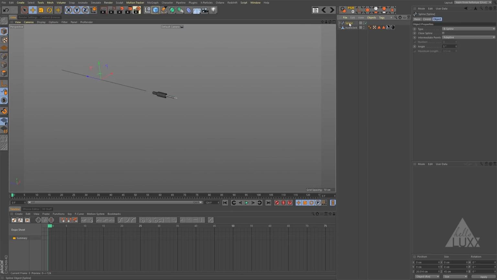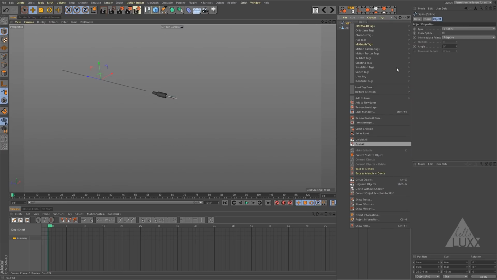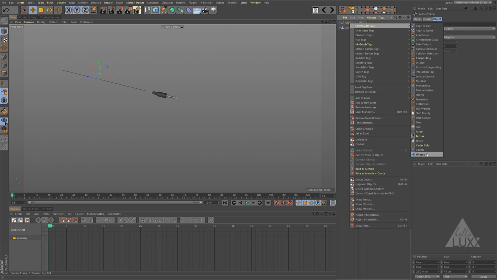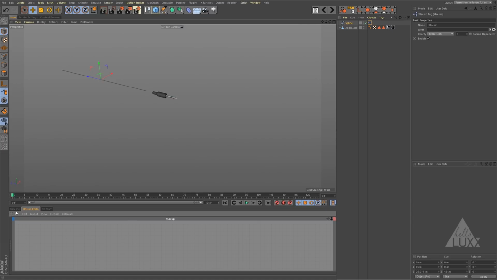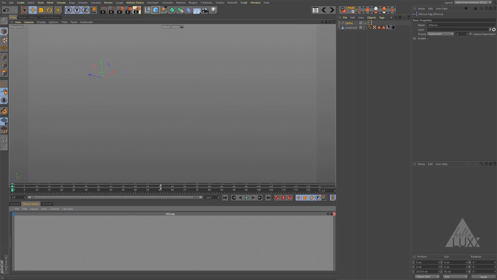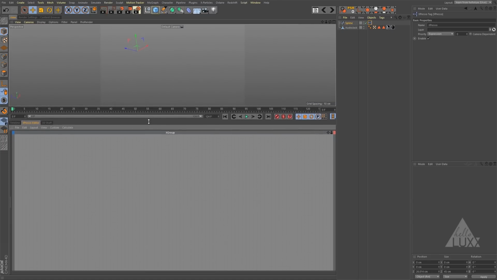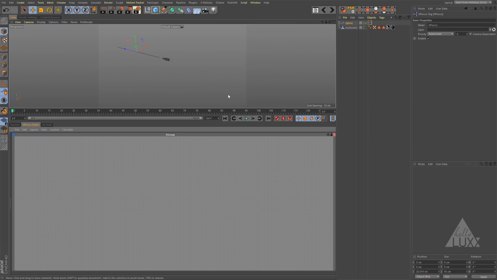So with our spline, let's right click, choose Cinema 4D tags, come down and add in an Xpresso tag. That's going to open the Xpresso editor, and you can see that I've got that docked in my layout. I'm going to pull that up. Now you do need to make sure you can see the viewport when you have your Xpresso editor open, otherwise the expression will not be evaluated. So you do need to see the editor viewport. At the moment there's nothing in our expression editor. So what I'm going to do first of all is just grab my spline, drag and drop that in,